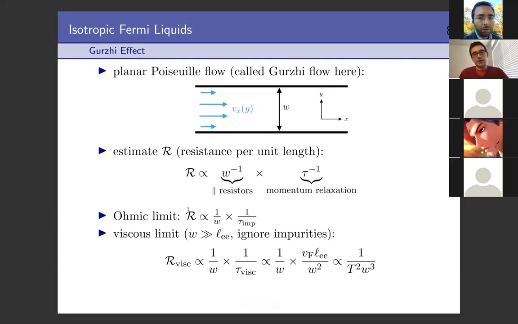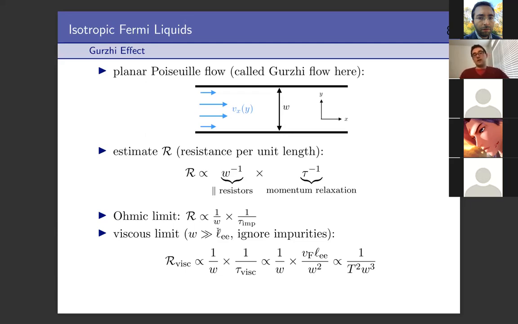Now, if we ignore impurities, but we assume that we have a viscous fluid, then if the width of the channel is large compared to our collision mean free path, there'll be lots of electronic collisions inside the device. And so we expect to form a hydrodynamic fluid inside of this channel. These electron collisions we're taking to be momentum conserving, otherwise there's not much to talk about. So we've got a bunch of momentum conserving collisions forming a viscous fluid in the middle of this channel, and the only place for momentum to relax is